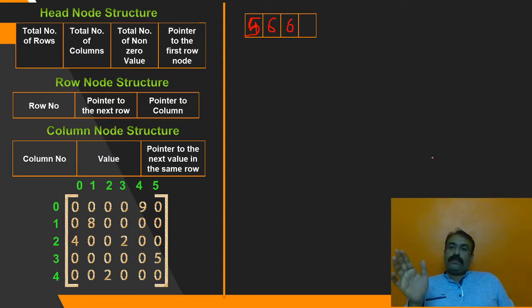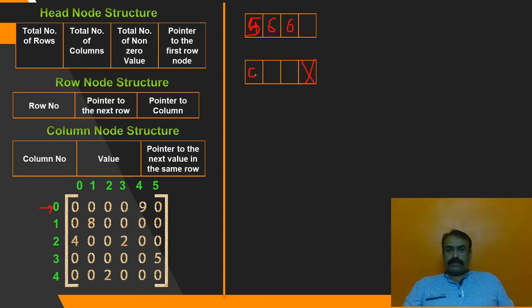Now it will point to the first row node, which will contain the information about this first row. So we'll create a row node. It should have only 3 fields, so right now we will not consider this at all. It will have the row number which it is representing.